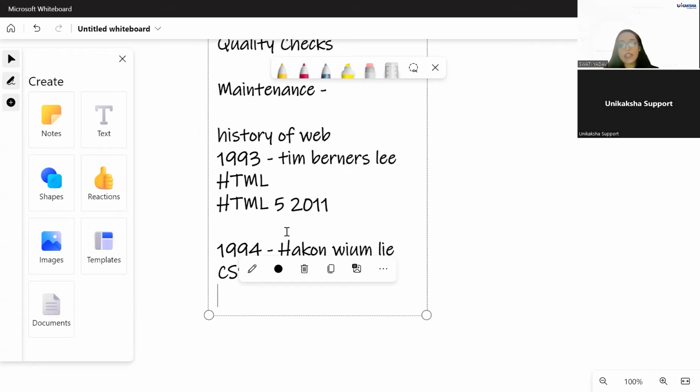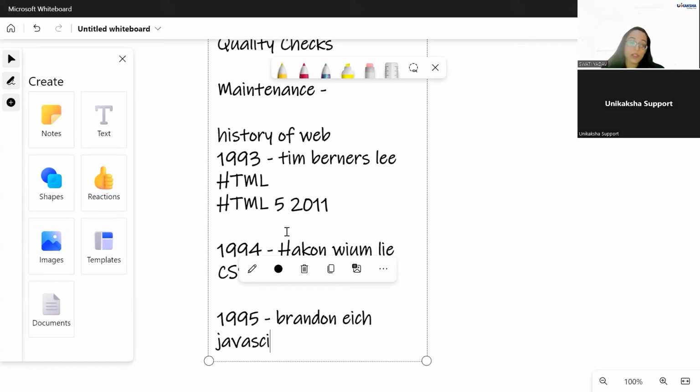Okay. Then eventually came another thing, which is called JavaScript. And it came in 1995. And the one who did it was Brendan Eich, the father of JavaScript. And what's JavaScript now? So we'll get into the details of JavaScript in another class, but for server side scripting and for client side scripting, we use JavaScript. For all the functionality, we need JavaScript.